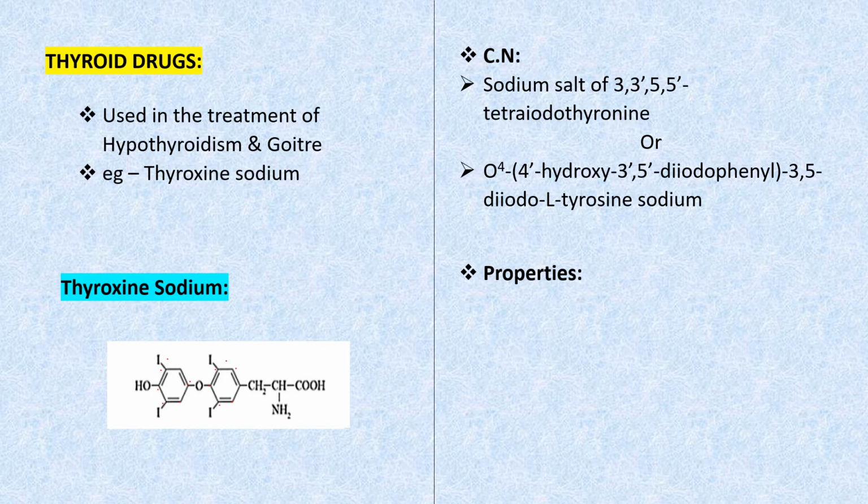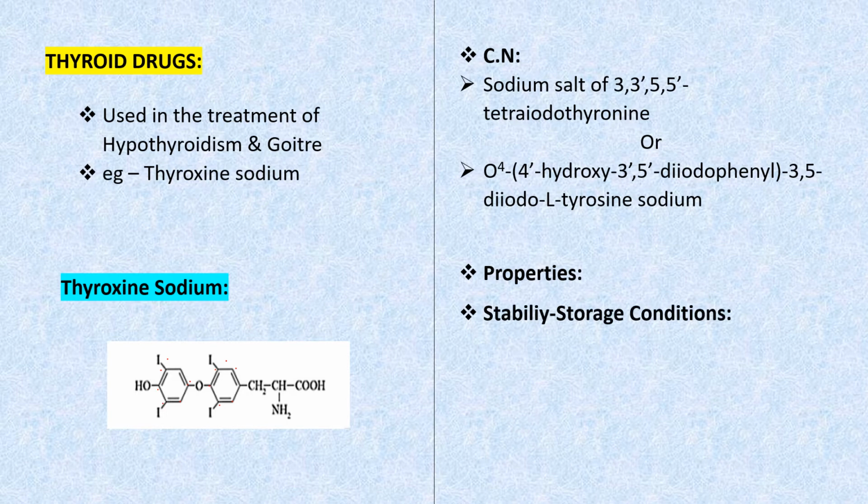Thyroxine sodium occurs as light yellow to buff colored powder, odorless and tasteless. It is slightly soluble in alcohol and water, soluble in solutions of alkali hydroxides. Chemical property: when thyroxine solution in alcohol is boiled with sodium nitrite in presence of hydrochloric acid, it gives yellow color, which when made alkaline with dilute ammonia solution gives red color.